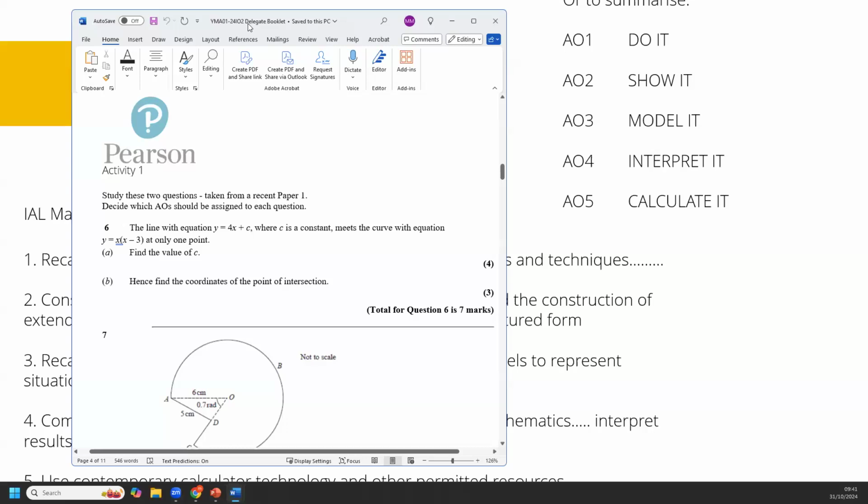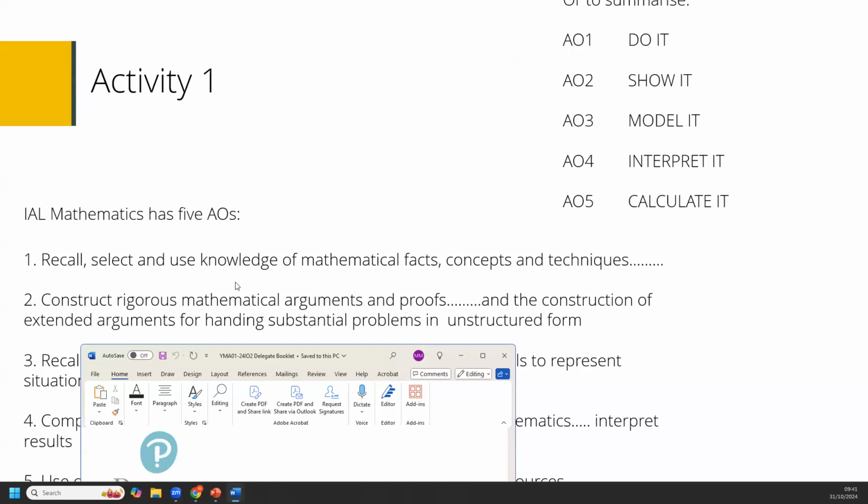And then they have to show and put the arguments together. So it's recalling and selecting the knowledge, 2 marks are given for that one. And then they have to be looking at mathematical arguments. Mathematical arguments are either them thinking about it or actually showing it with workings that they've done. So in this case for part A, 2 of the marks are from assessment objective 1 and 2 marks are from assessment objective 2. Okay, so 2 and 2 in this case.